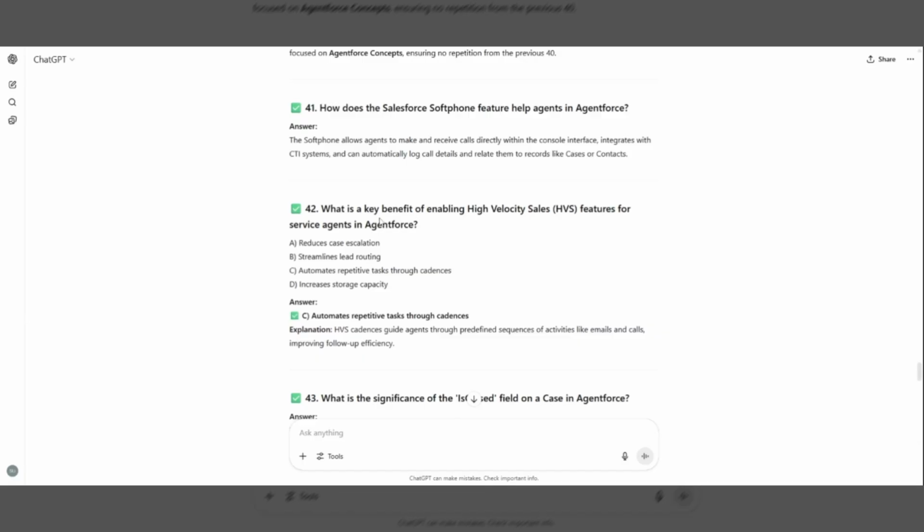42. What is a key benefit of enabling high-velocity sales HVS features for service agents in Agentforce? A. Reduces case escalation. B. Streamlines lead routing. C. Automates repetitive tasks through cadences. D. Increases storage capacity. Answer: C. Automates repetitive tasks through cadences. Explanation: HVS cadences guide agents through predefined sequences of activities like